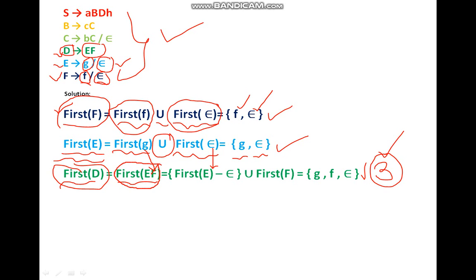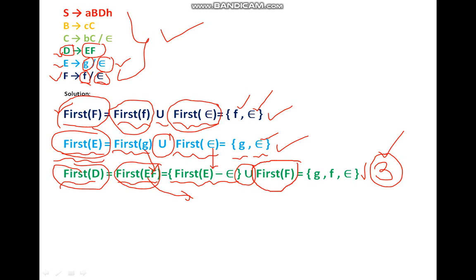Okay, and here you can see first of E contains null or epsilon, that's why the rule would be first of E minus epsilon union first of the remaining term, what is that?